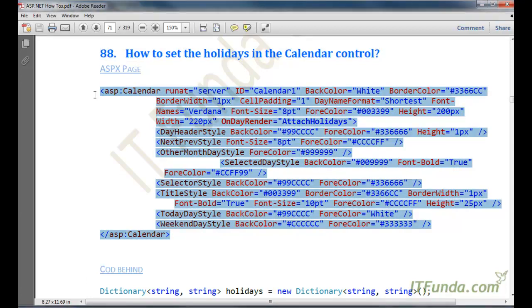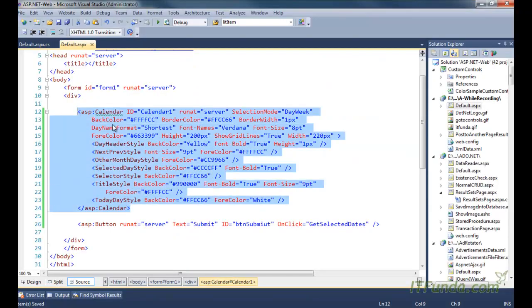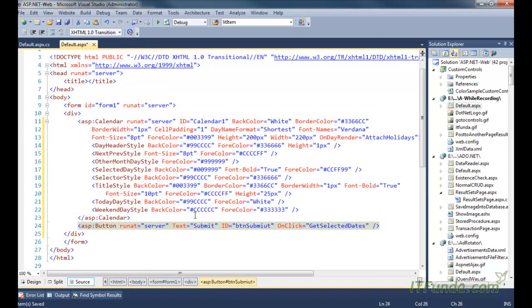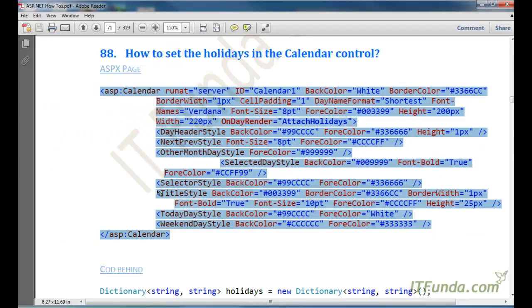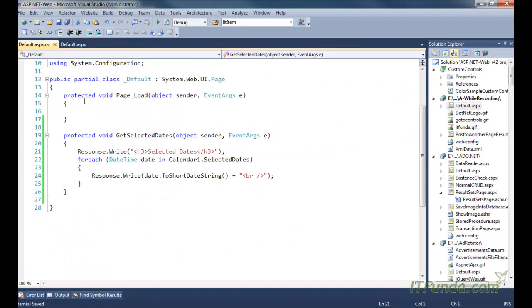So first, let us render the calendar. So here is my calendar control that I am going to use here. So this is my calendar control. Now I do not need the button control here. Now let me show you the code behind. So in the code behind, I have a dictionary object. So here is my dictionary object,